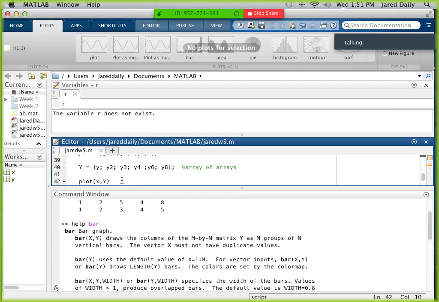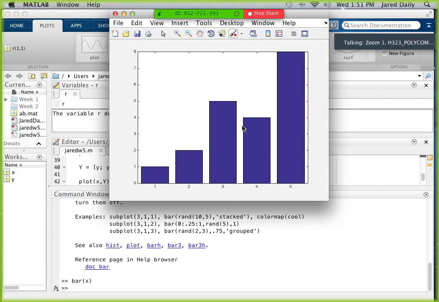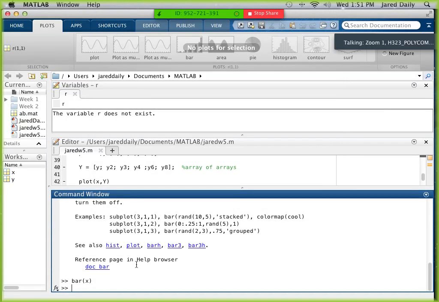And whenever you do help in the command window, you're going to get a couple of different options. So I'm going to just do bar chart of X to try that out and see what happens. What it does is it takes the first column of X and puts that number into the bar chart, and the second column puts that number, and the third column, fourth column, fifth column, and so on and so forth. And this actually is the same thing that I would get if I did bar